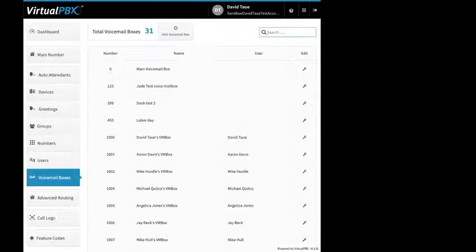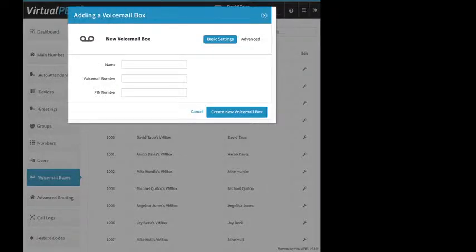Voicemail boxes. It shows all your voicemail boxes on the account. You notice the ones here in the third column, these are your user voicemail boxes, right? Created when you created the user. These other ones were manually created. You click Add Voicemail Box here at the top. You give it a name, a voicemail box number, and a PIN number, and then you would click on Create